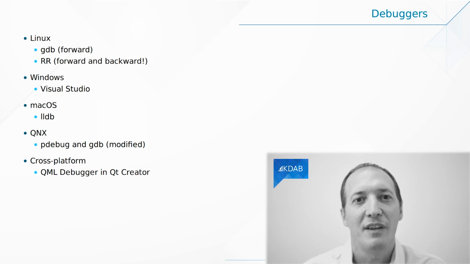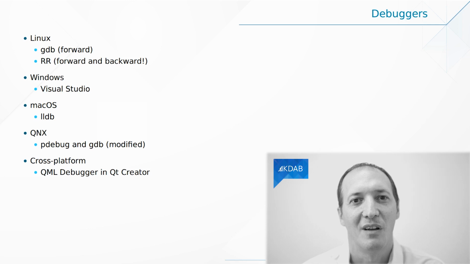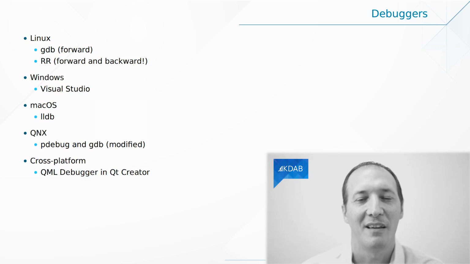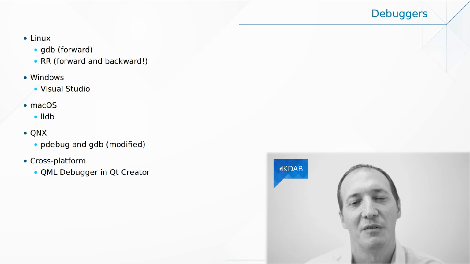You can navigate through the run of your application any way you like. And that is extremely useful when you would usually hit that problem with GDB where you think, oh, the value is wrong. How was it calculated? And you need to go back in time. And you can't do that, right? Because you don't have a time machine. But RR has the full recording and it can go back because it has all of the information to be able to do that. So that's a very worthy tool to look into.